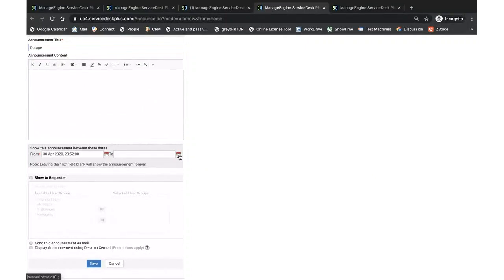If you have no idea and you wish that it's going to be for a longer time, a major incident, we don't want it to happen that way, but still, you could just leave the to date as such, so it's going to stay there for a longer time. Enable this option, show to requesters, and this outage is company wide, so you don't need to bring in any user groups. And if you want it to be available only for a specific set of users,